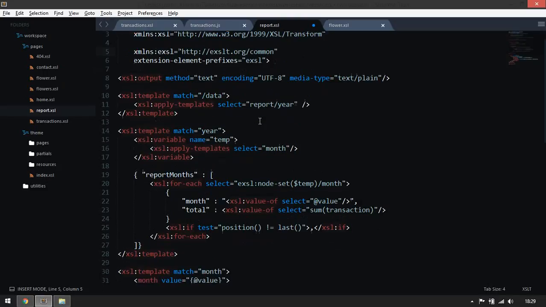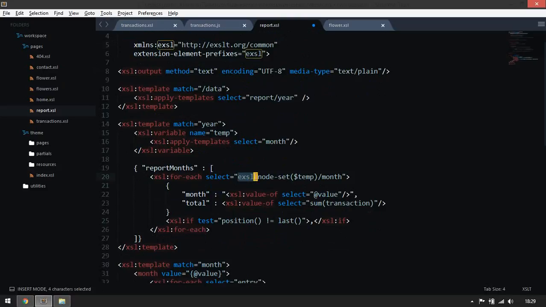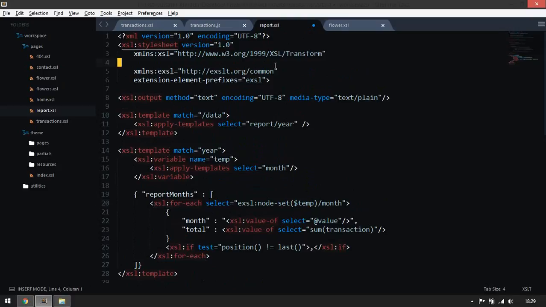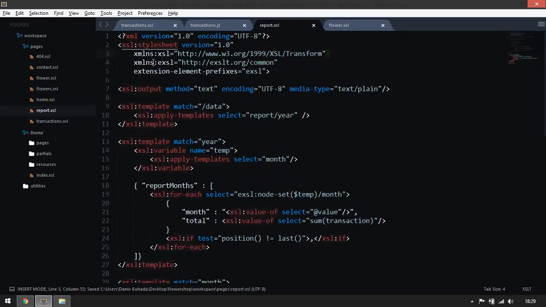So namely, I had to use the XSL node set function, and I'll explain why in a minute. So just so that you're aware how I'm able to use this, you first have to import this EXSLT